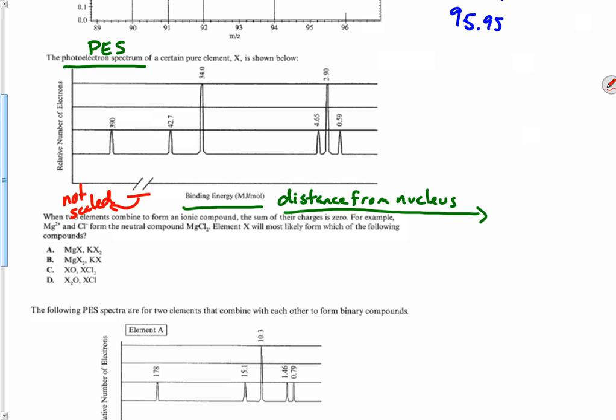This is where, if you don't know what you're looking at, this is almost impossible. This is the amount of energy it takes to remove each electron. So it gets easier and easier and easier. You could think of it potentially as ionization energies, but it's not technically. So this peak is the relative number of electrons. If this is the nucleus right here,